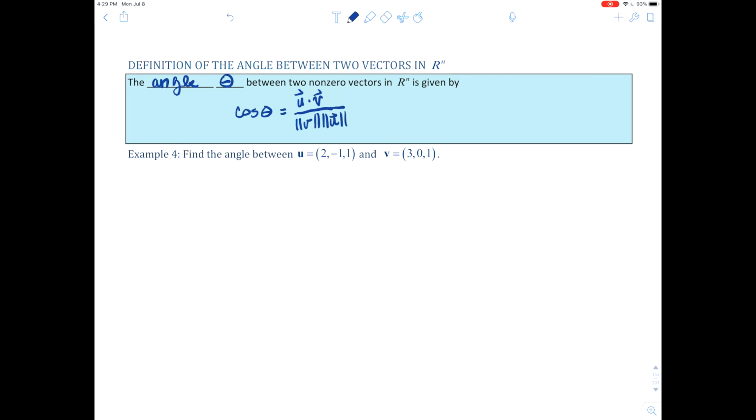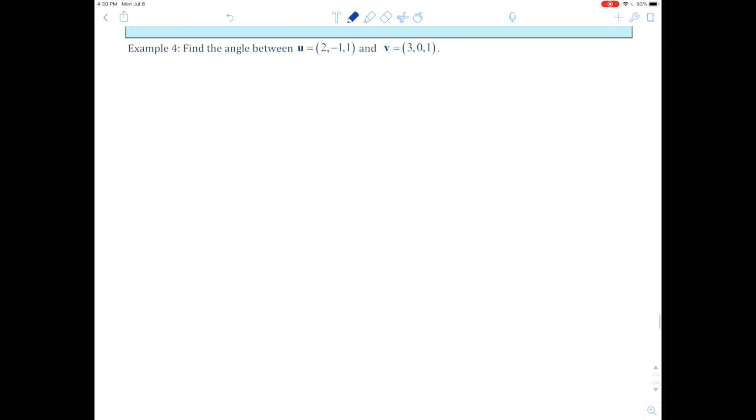I mean, you are dealing with a triangle, and a triangle is 180 degrees. In other words, pi, right? So here, 0 has to be less than or equal to theta, has to be less than or equal to pi. Cool, cool? All right, so why don't we go ahead and find the angle between u equal to 2,